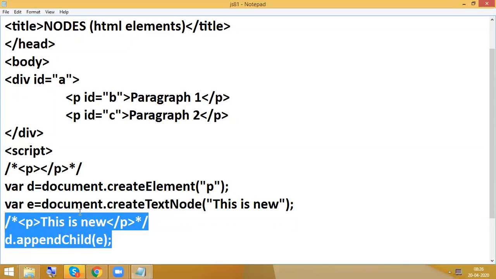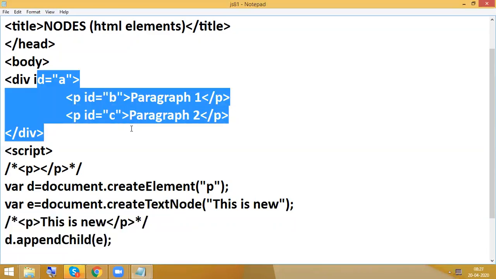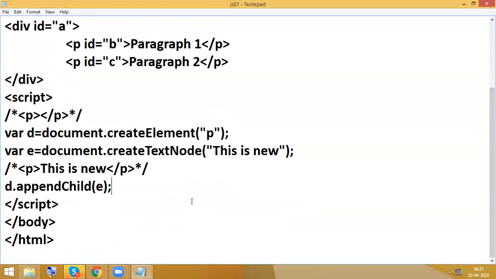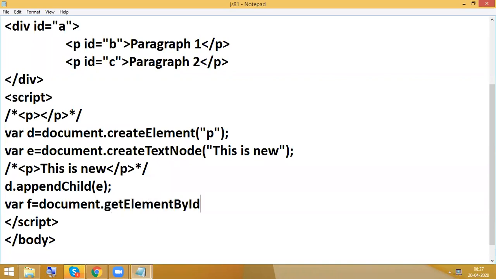Next, our target is to add this newly created paragraph inside the div. For that, a variable, which can be anything, f equal to document dot get element by id. What is the id name?